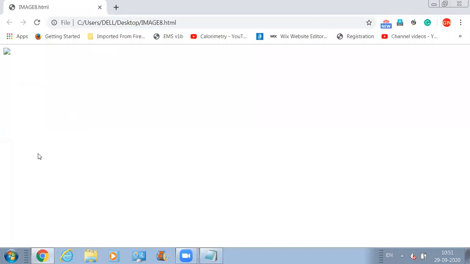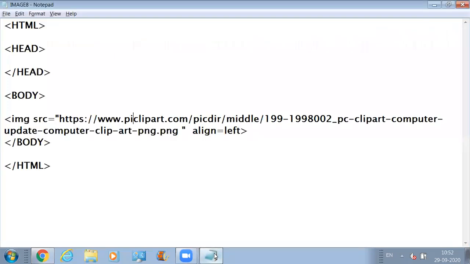Now how can the developer tell the user that currently the image is not accessible? He can make use of an alternative text for this. So in order to define the alternative text, the attribute that we require is alt.